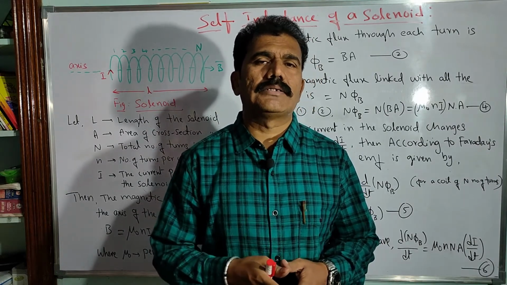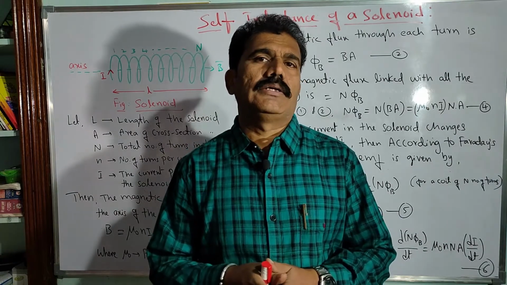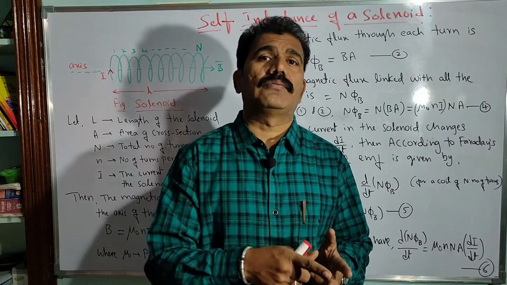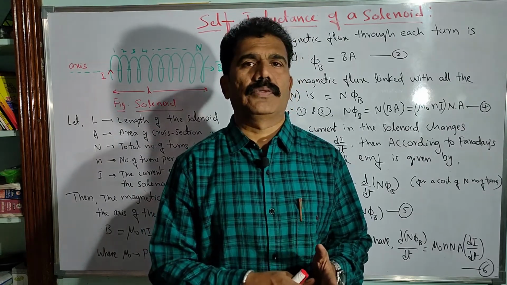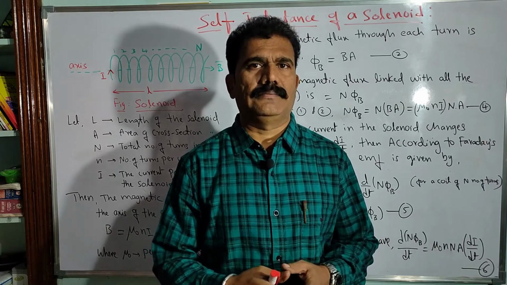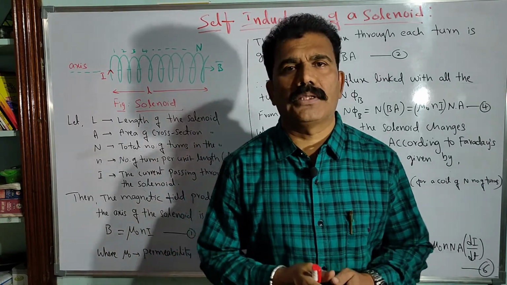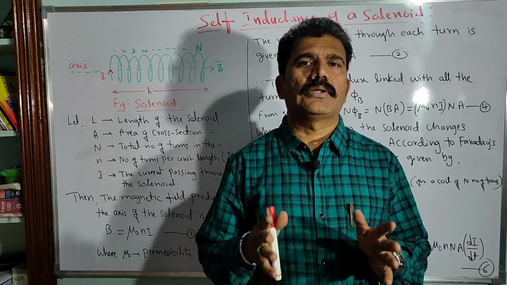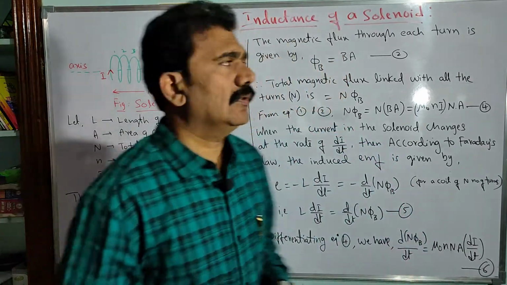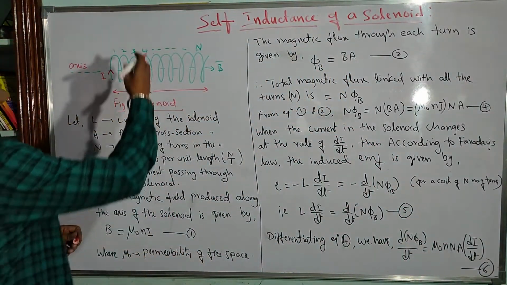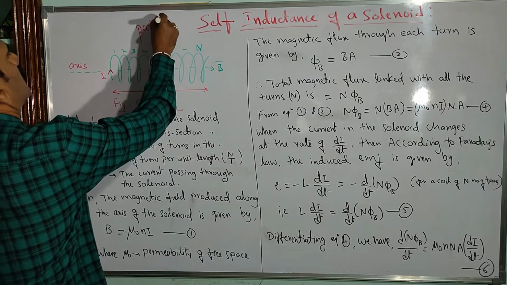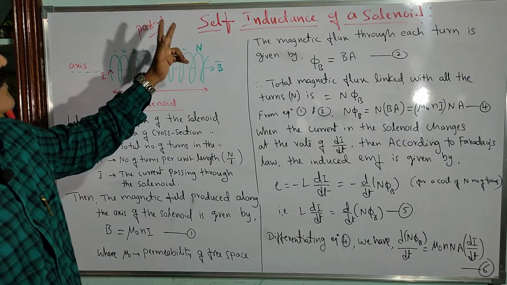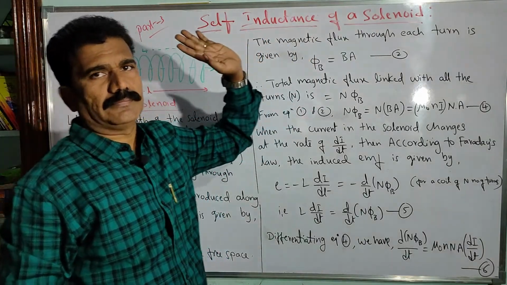In order to calculate the self-inductance of a given solenoid, we should know its length, its area of cross section, isn't it, and the number of turns present in the coil also. So what is the expression for that then? In this video, let us try to obtain the expression for the self-inductance of a coil, or particularly a solenoid. So look at the board. I think this is video number part 3 for you. Let us try to obtain the expression for self-inductance of a solenoid.